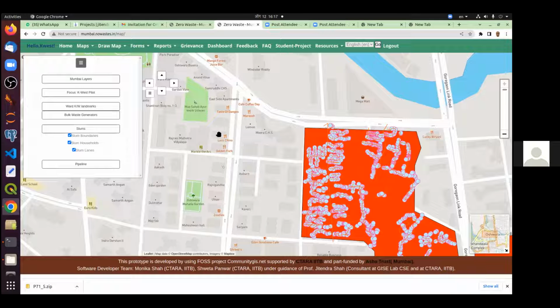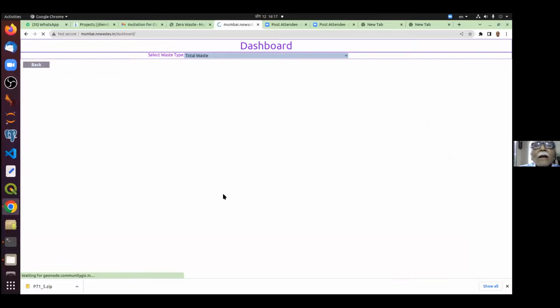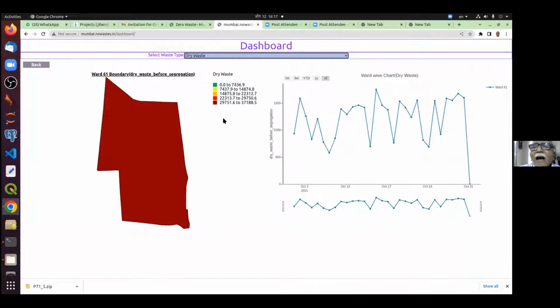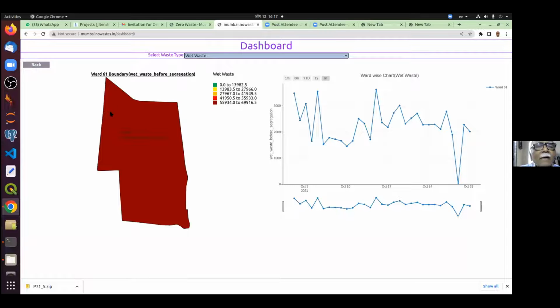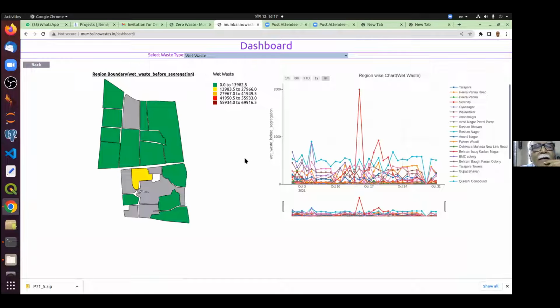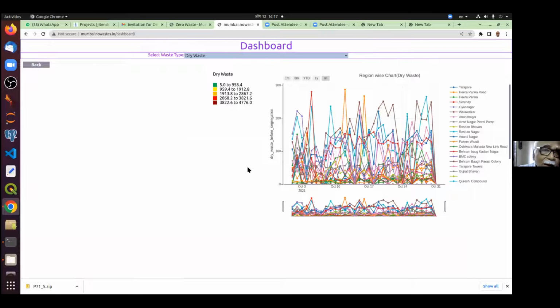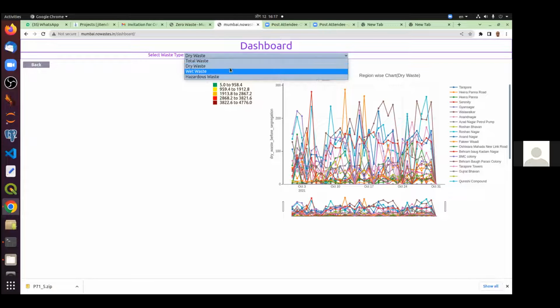Here, along with these maps, I can go in for what I call a dashboard, and for various different types of wastes, I can have a separate map. Here, this is a graph, but if I click here to go deeper, I can drill down into the map and I can see the values of different types of waste and the extent of the dry waste per capita that is being produced in different regions. And I can drill down further